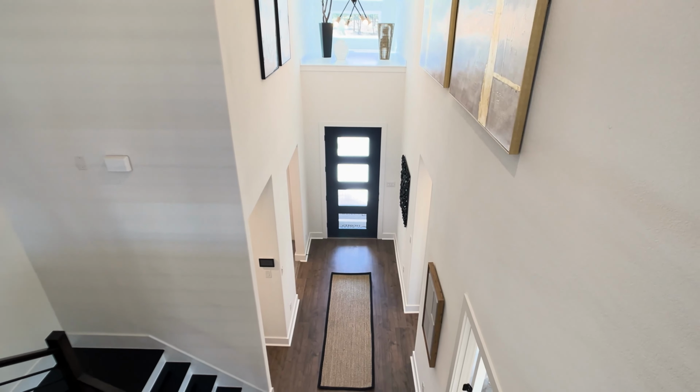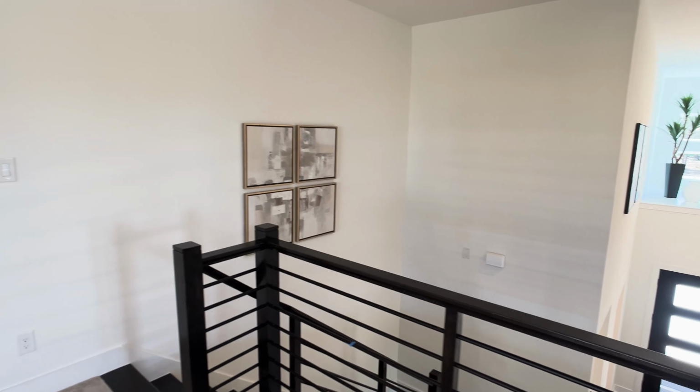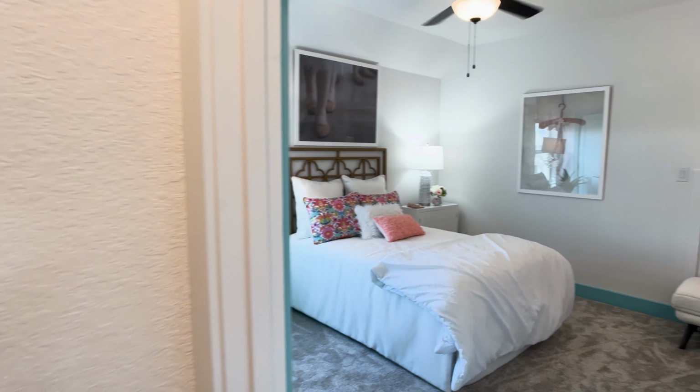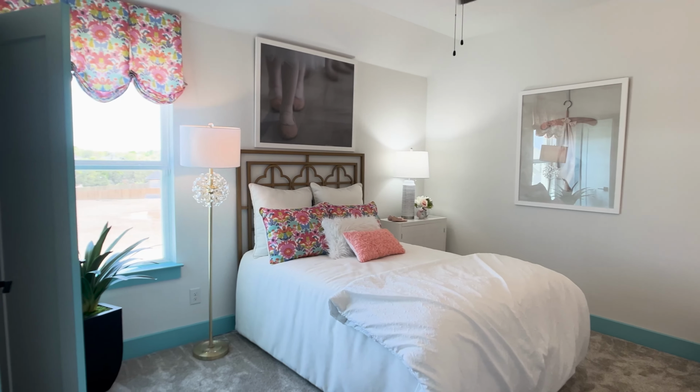Take a look at the space above the front door. It's got that open shelf, so it just draws your eyes upward if you have a fake plant or a vase up there. And there's so many different parts of this plan that feel so open. Now, going back to what I was talking about of where you can build this plan,